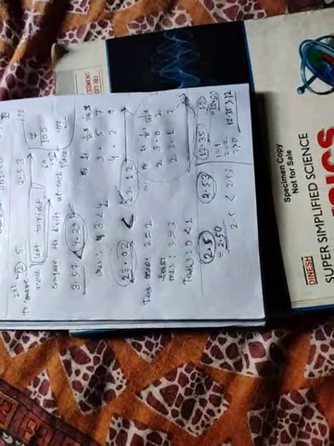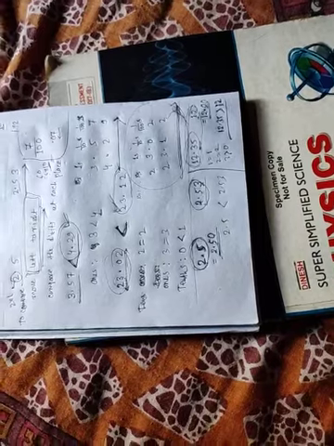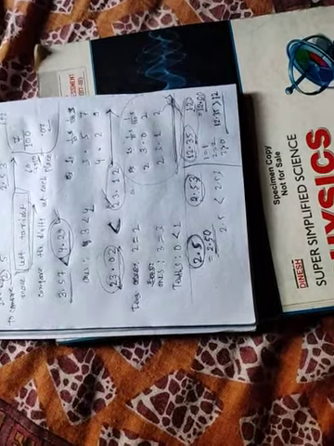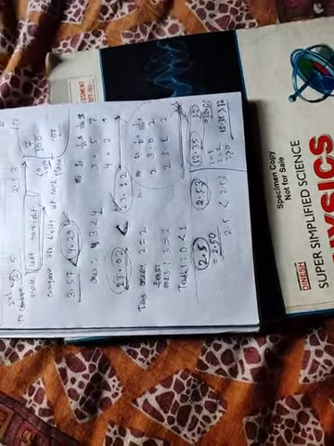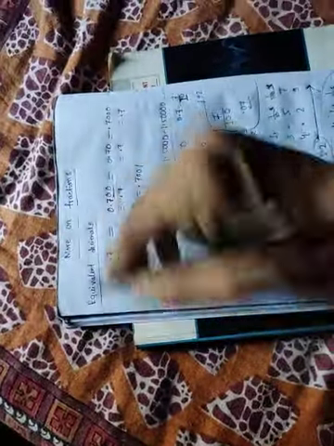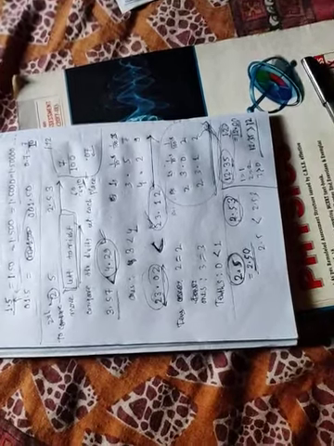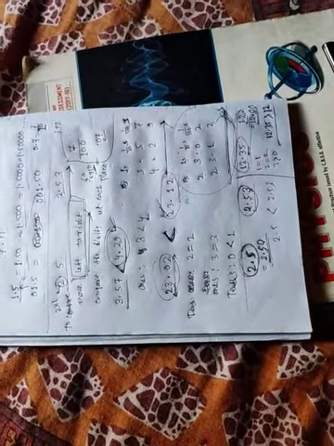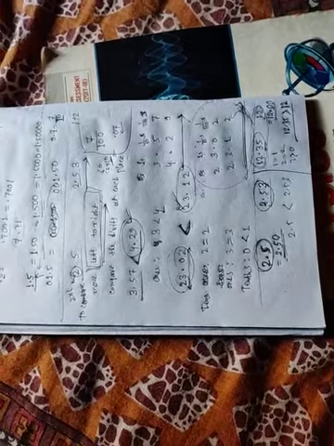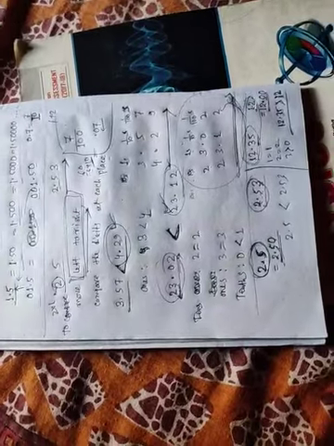During comparison you have to compare each and every digit from left to right, not right to left. Move from left to right. Whichever digit is greater, that number will be greater. Clear? So the most important thing in today's class is equivalent decimals. I have also told you how to arrange the fractions in ascending and descending order. Ascending means from smaller to larger, descending means from larger to smaller. Clear everyone? So I hope you can do it.